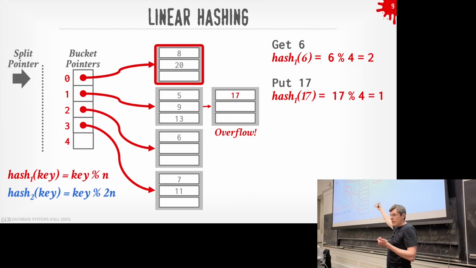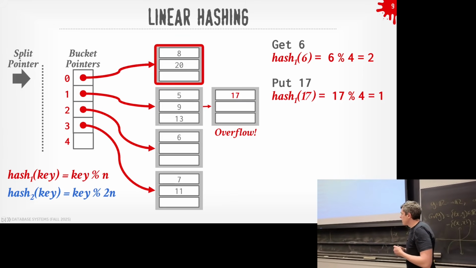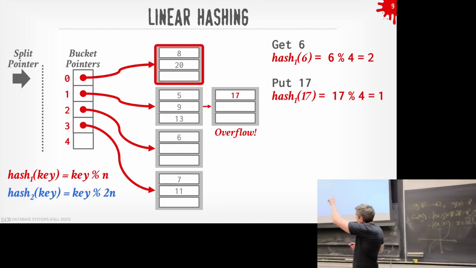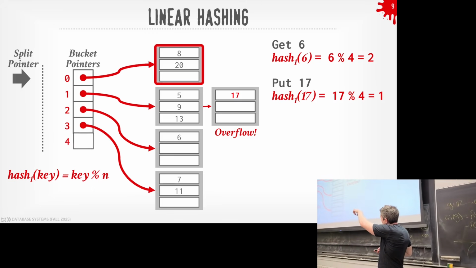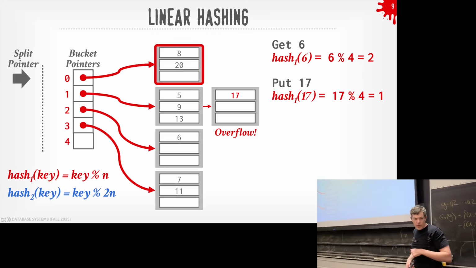So before we had n equals 2, and now we're going to mod it by 4, right? Because I have n equals 4 in the original one going back here. And now when I add the new hash function, it's 2n, so that'll be 8. So eventually I'll have 8 slots in my bucket array, and the split pointer keeps moving down, and at some point it'll wrap around, and then I start the whole process all over again.